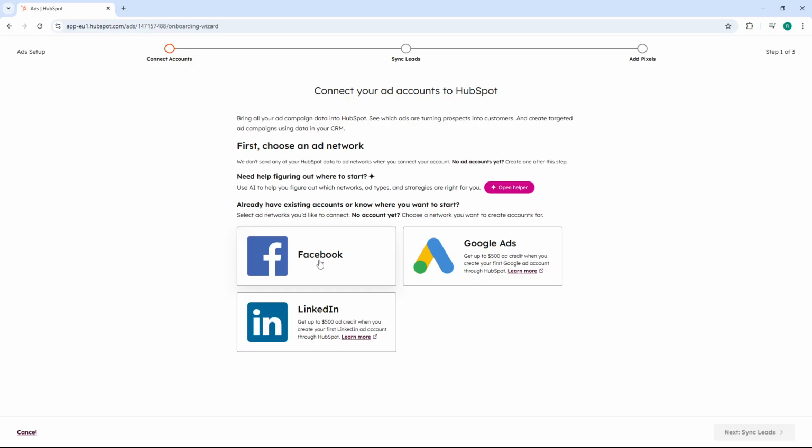Finally, you'll be prompted to choose which Facebook ad accounts you want to connect to HubSpot. This is especially useful if you manage multiple ad accounts. Select the accounts you want to track, then confirm the connection. Once confirmed, HubSpot will begin syncing your Facebook ads data